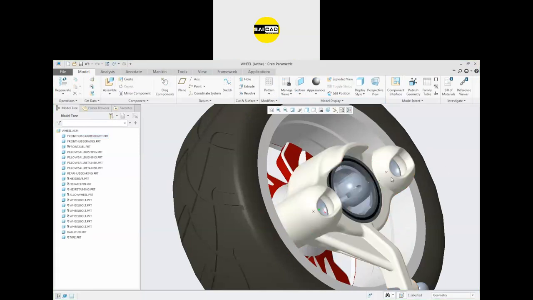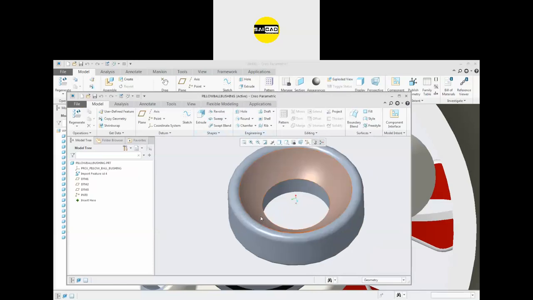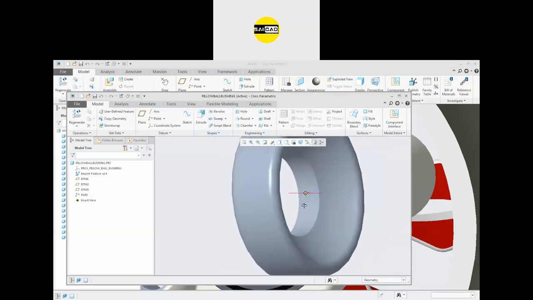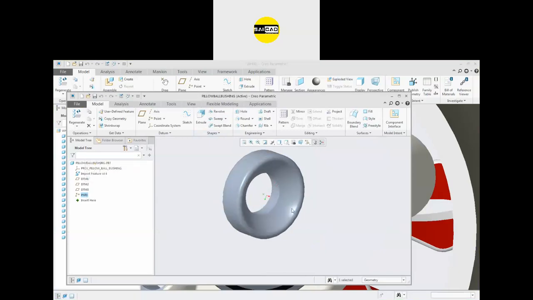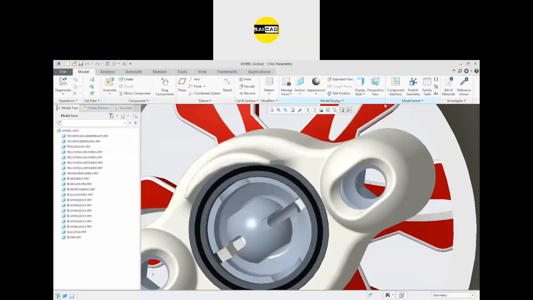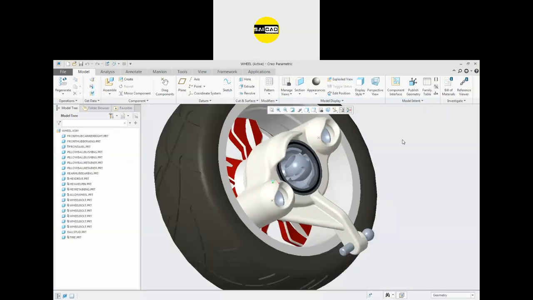So open, I think it's in here. Okay, it's in here in this bush. We have the point. So you have to create the points and you have to assign the points like that, and after that you can just add the ball joint also.